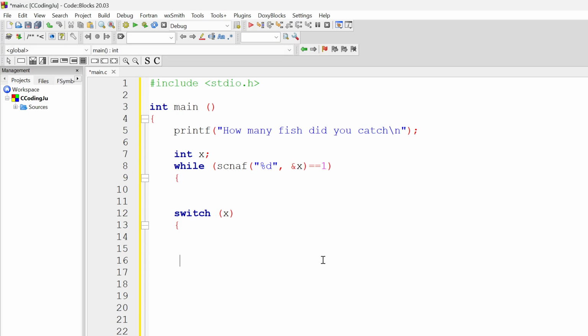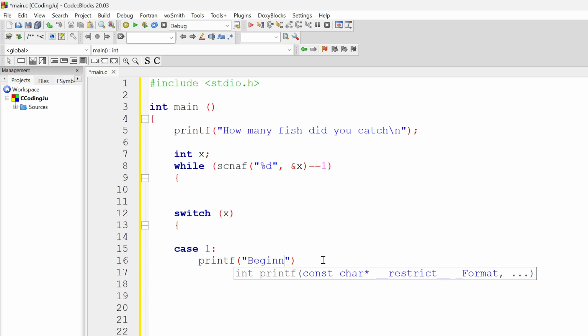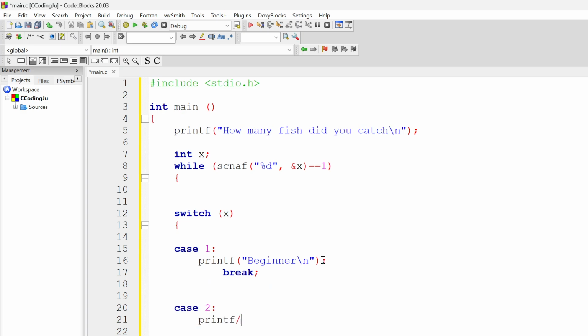Okay, so in case we have caught one fish, it's going to print out beginner, and then break. Case of two, it's going to print out intermediate, and then break. And the reason we have a break is because if we wouldn't add a break over here,